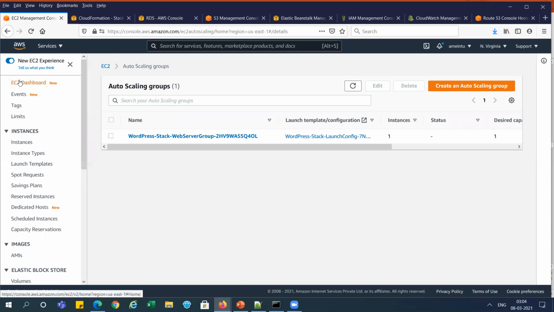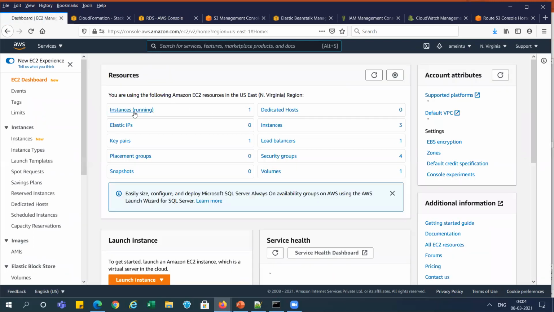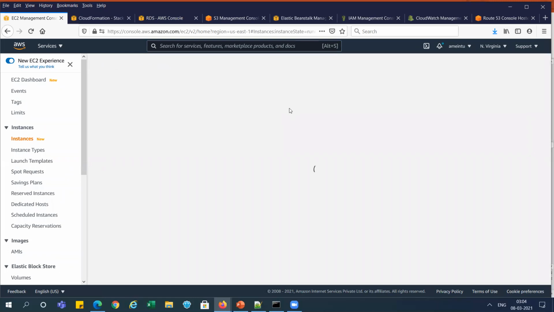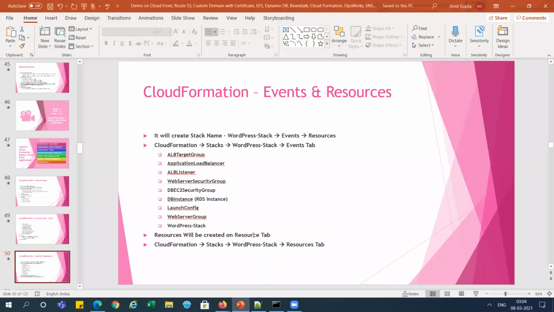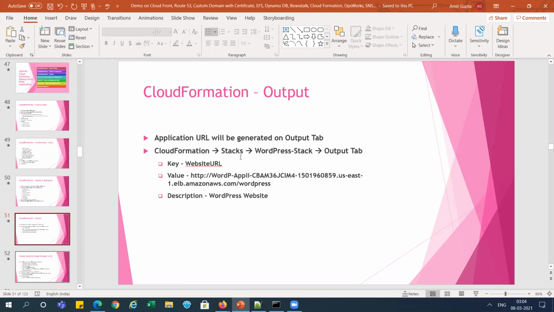Let me show you the instance. You can see here one instance is running for that. So we have done this, and the output is showing like this, right?